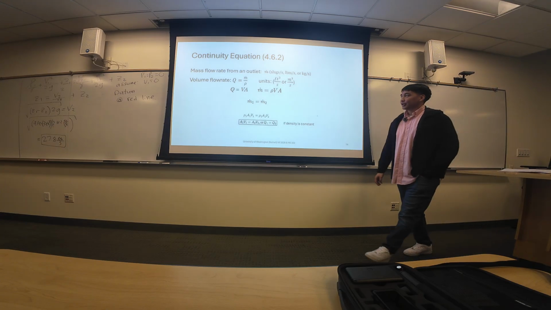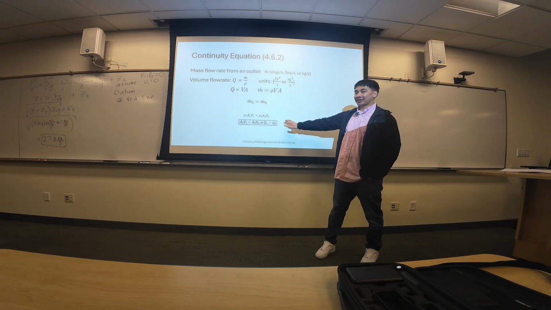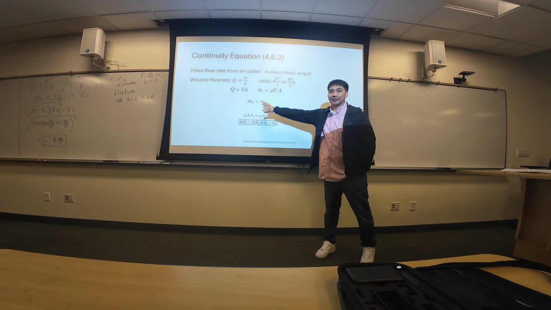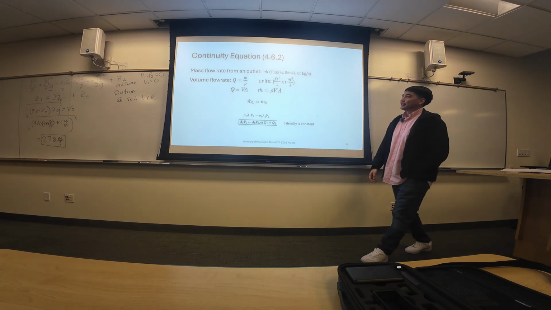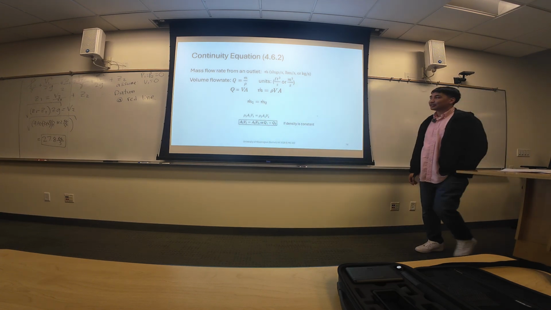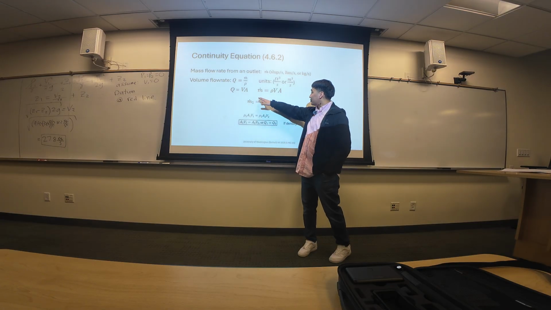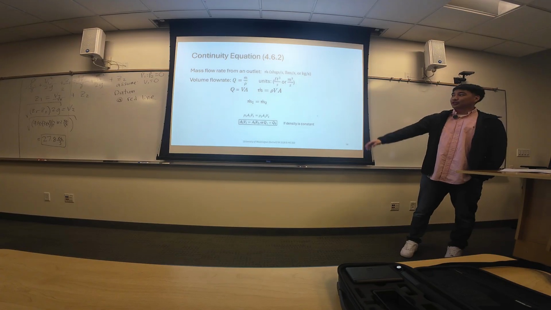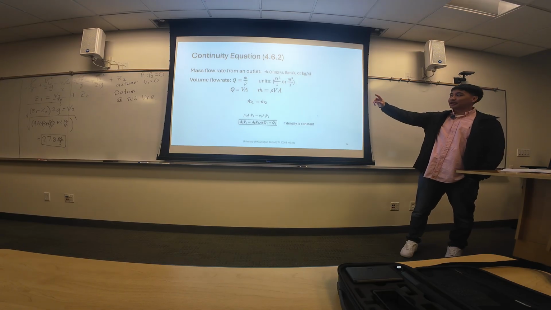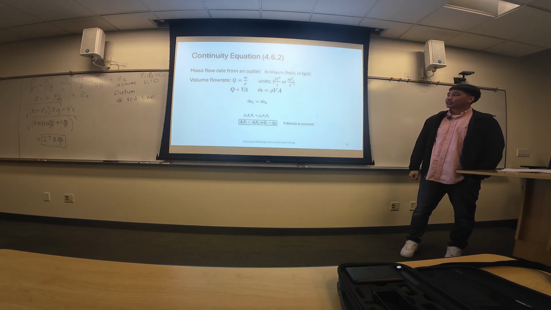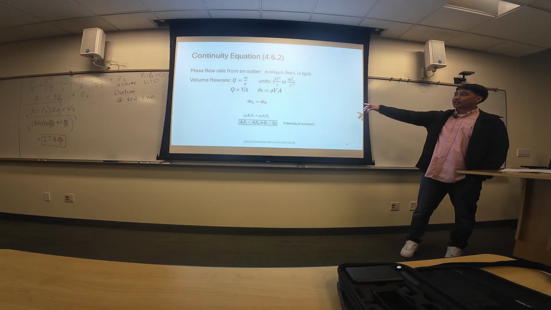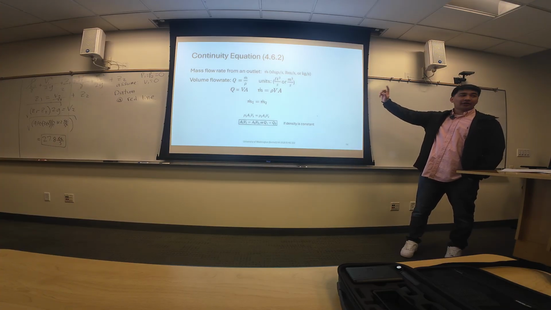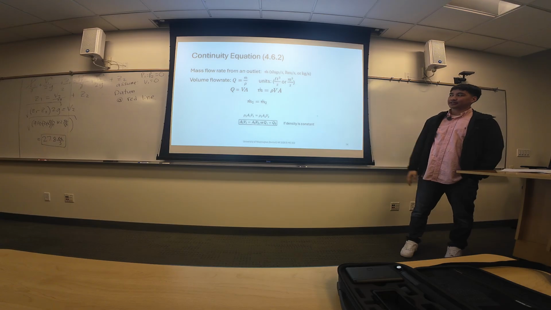And so I boxed this one because that's what the textbook does. I would write all of this. It's on here though. This is going to be good for your equation sheet because sometimes you'll need the Q, sometimes you'll need the mass flow rate, okay? So volume flow rate, Q equals mass flow rate divided by density. And if you do the dimensional analysis, you'll get your volume divided by time or seconds.